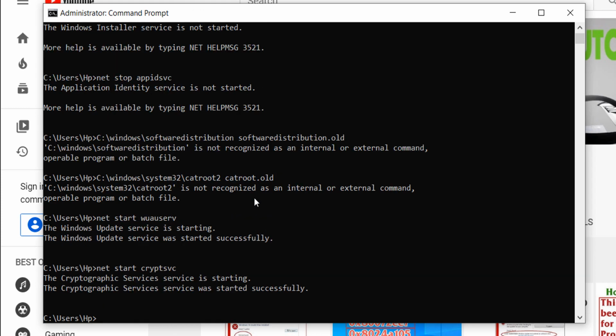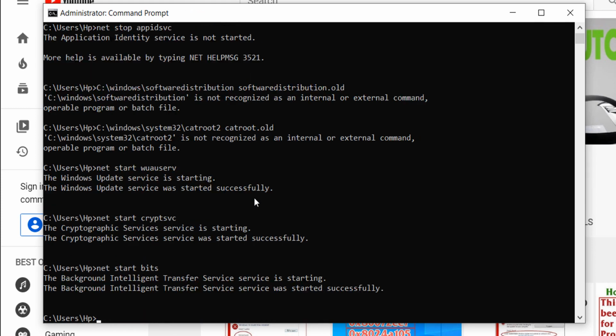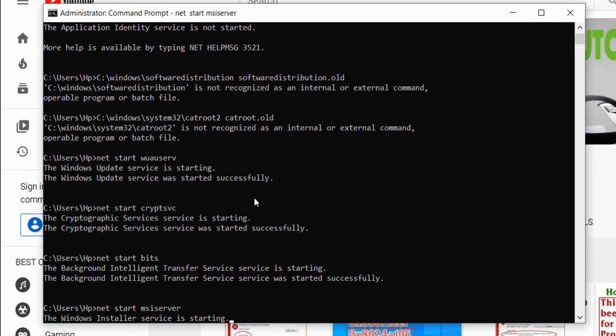After doing this, you can type the command net start bits, press enter. After doing this, you can type the command net start MSISERVER and press enter.